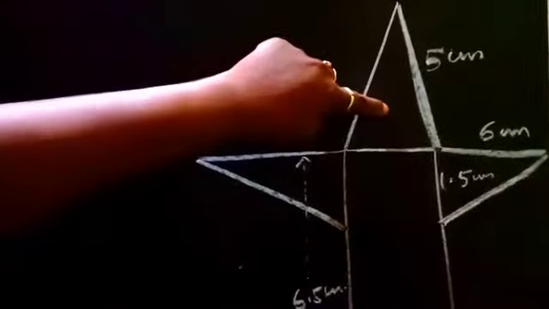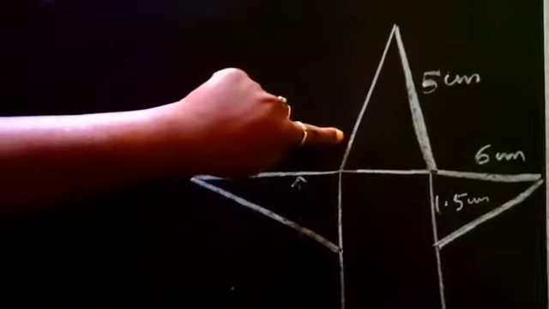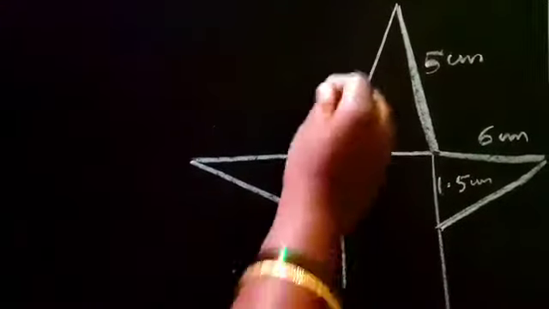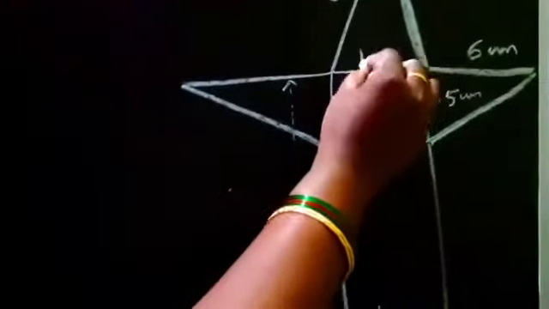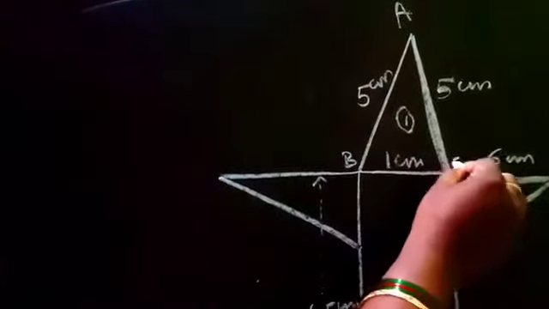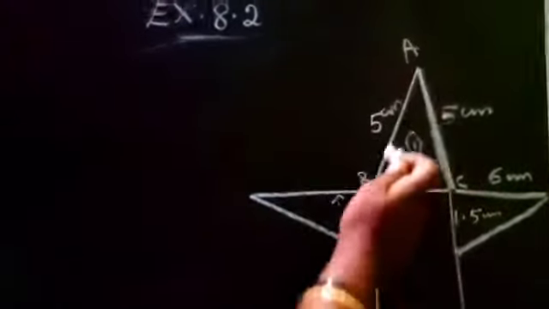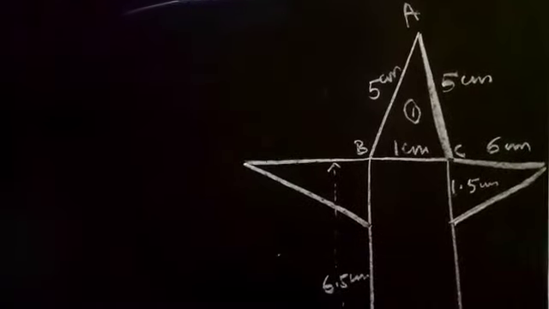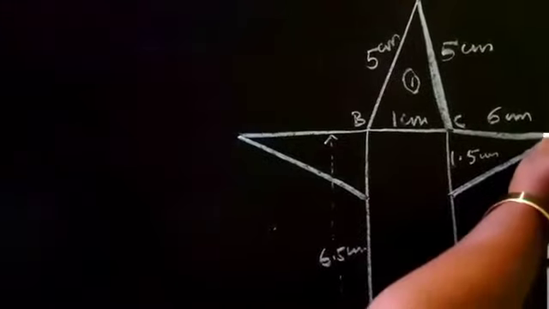So in the first triangle, this is 5 centimeter, means this side also it will be 5 centimeter. So see here the bottom 1 centimeter, means this one also it will become 1 centimeter. So first part we have, we'll give any name of this. It is ABC I'll give for this triangle. Using Heron's formula, we'll find the area of ABC triangle portion. Then we have triangle is C. Here I'll give this is DE.